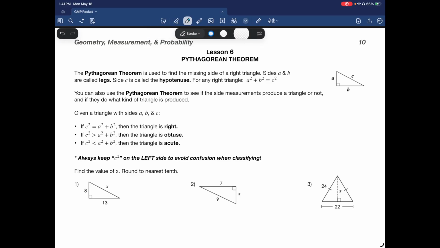Some of the proofs are complicated. Some of them are pretty straightforward. The one in the video is actually pretty straightforward as well. Now, for any right triangle, a squared plus b squared equals c squared. All right, so this also kind of implies that